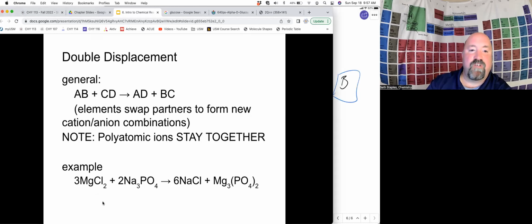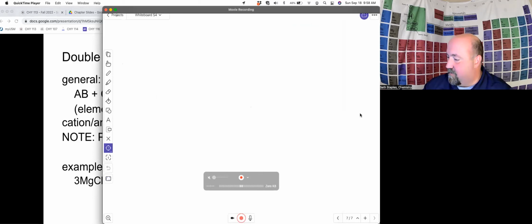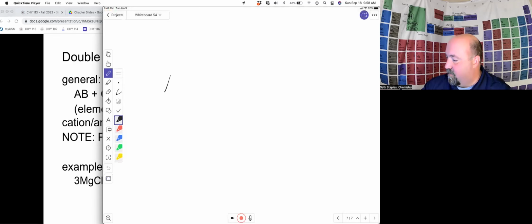Double displacement reactions, very, very similar. Only now you've got two different ionic formulas as your reactants, two different cation anion combinations, and they're just going to completely mix and form new combinations on the other side. And so we can see that happening here. We have AB plus CD. And so let's look at that in terms of our charges. We have AB plus CD is going to then form